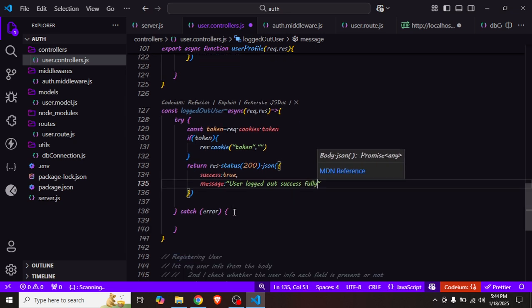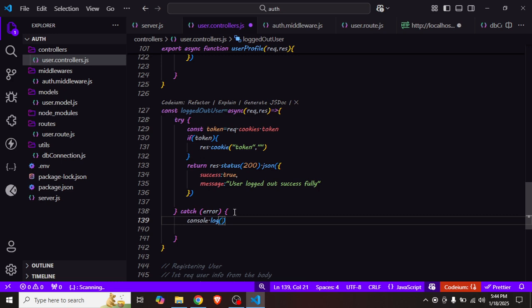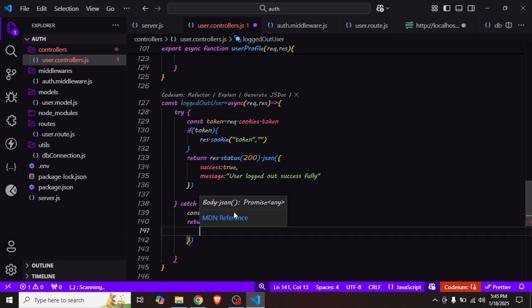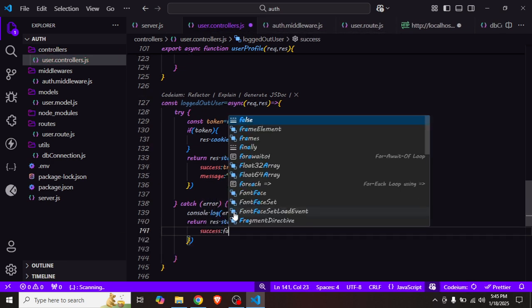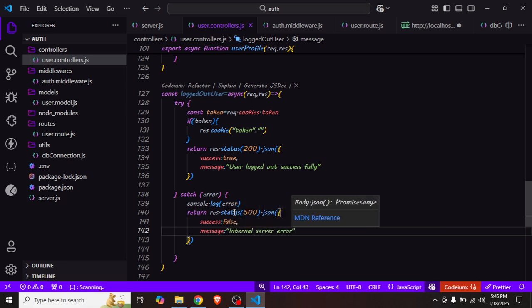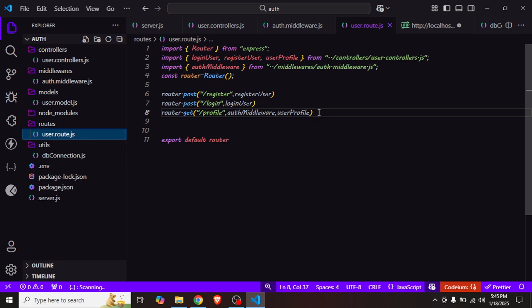And if it throws an error, then you will have to console the error and return a response with 500 and in the form of JSON, and here you will have to pass success as false and the message is internal server error. Okay, now let's use it here in the user router, and here